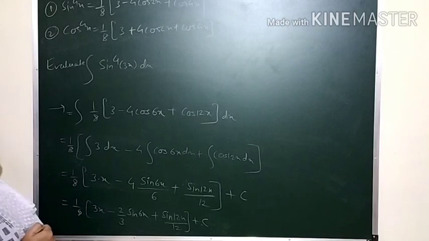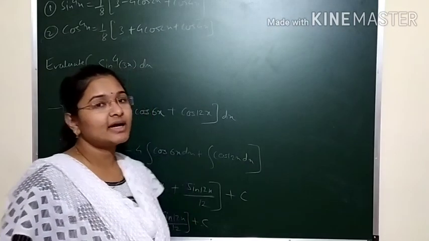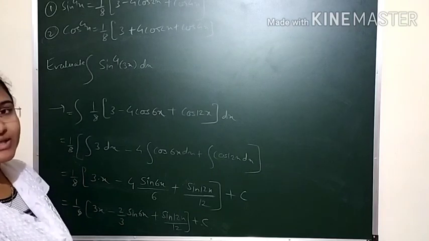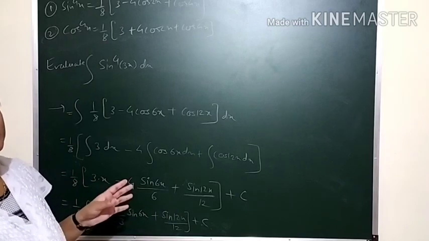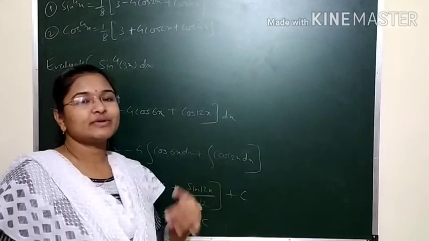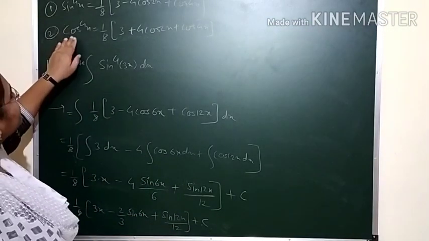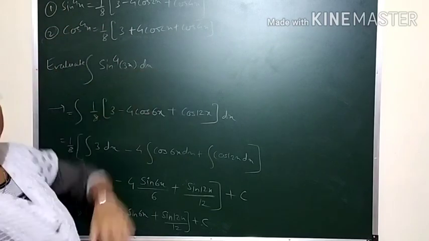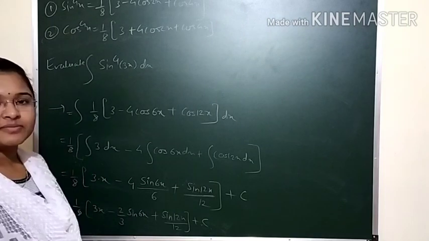So today we have seen how we evaluate the odd and even powers of sine and cos x functions, and after that we have seen the even power of sine and cos x functions. For that, sine square x and cos square x, we saw how to write them in linear form of the cos function, and like this, for sine raised to 4x and cos raised to 4x, we have also written the expression in cos angle form. Okay, any doubt in this question? Thank you.